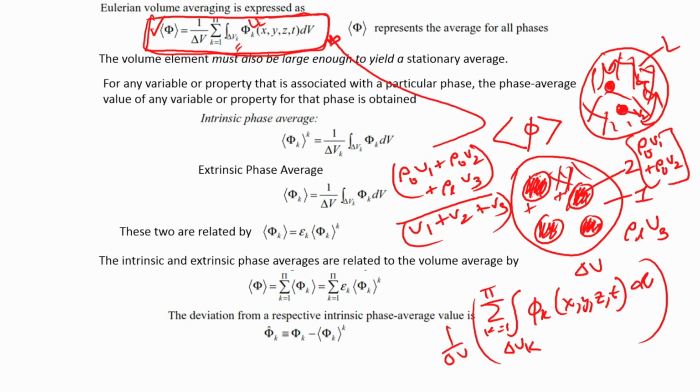Okay. So, in this particular case, obviously the liquid density is a lot higher than the vapor density, right. So, you will get an average which is closer to the liquid density, because liquid density is multiplied with a very large volume and the vapor density is multiplied by a very small volume. So, it is very natural that you are going to get a density which will be closer to